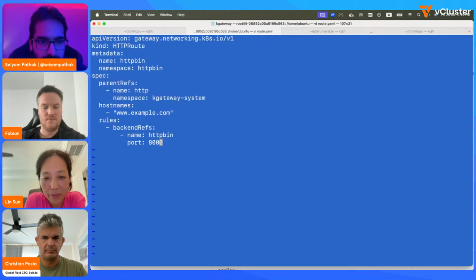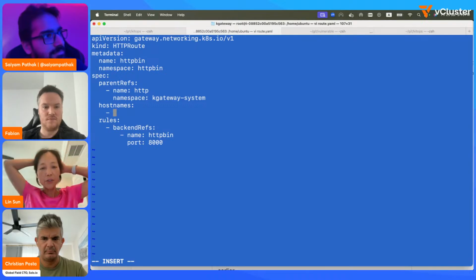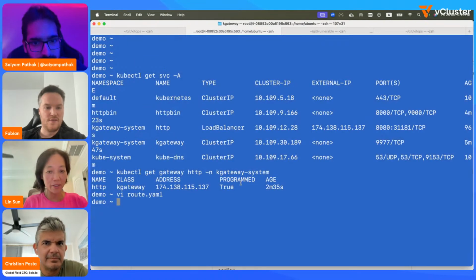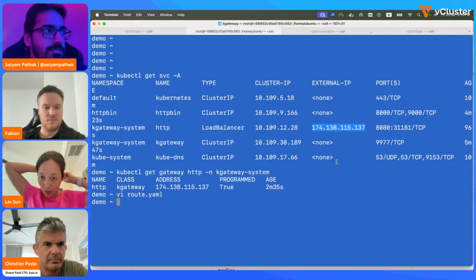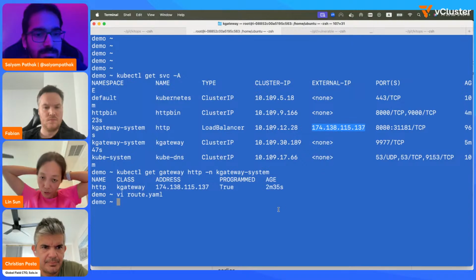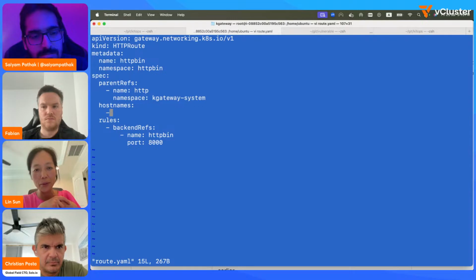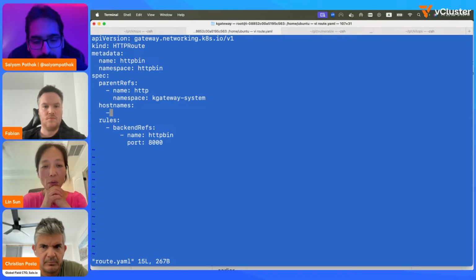Since we don't have example.com, can we use any wildcard? I think you can definitely use the wildcard. I would say having example.com shouldn't hurt you, I hope. But wildcard should also work. Like, can we use nip.io? I don't think you need to specify that. Actually, I would say it's not a good practice to specify the IP address, because what if you get a different external IP? You don't want to go back and change your HTTPRoutes, right? So I would do star or just leave it as example.com.